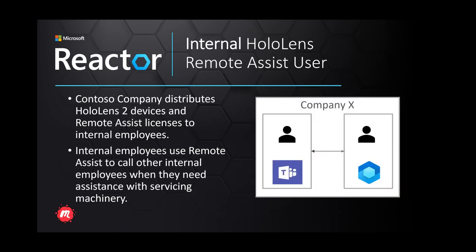So in this example, this is pretty straightforward, the typical use case that I see Remote Assist customers use, and that's the internal HoloLens Remote Assist user. So this one, we have company X, and company X has two users. One user uses Teams, and one user uses Remote Assist, and they communicate with one another. The Remote Assist user might start a call with the Teams expert, typically for servicing or to help troubleshoot some